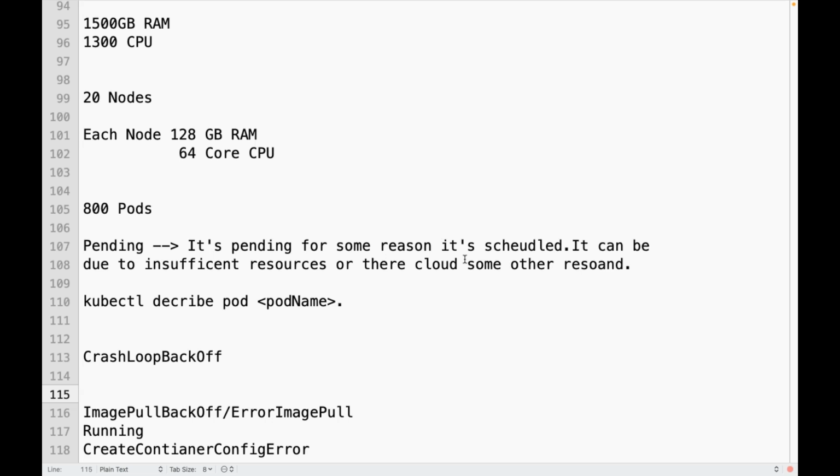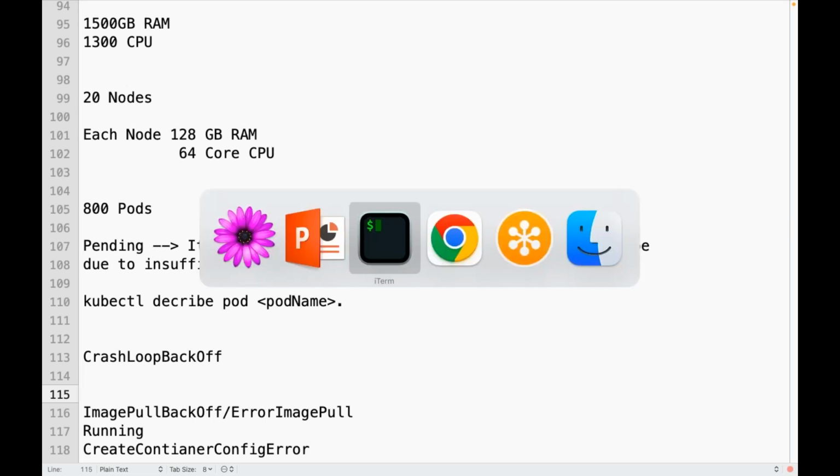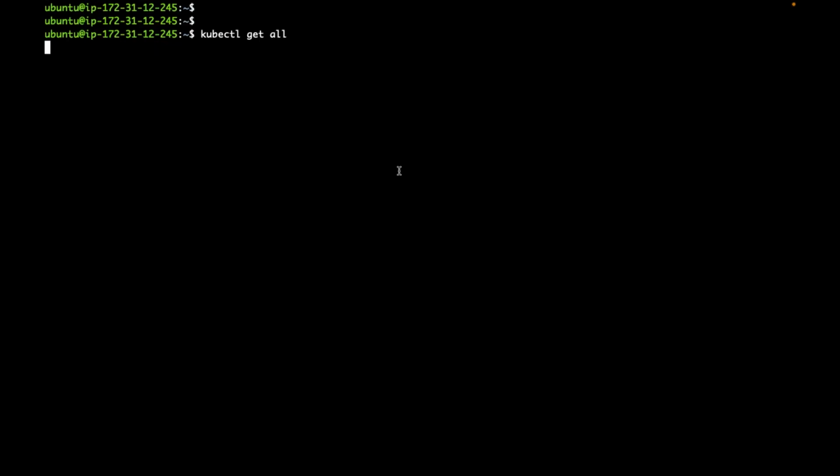It is trying to start the container, but the container is not coming up. There is some issue with your code or application in the image. Kubernetes will again try to start that container process in the pod. Yes, it is going to keep on trying, but your container process does not come up successfully because of some code issue or application issue. In that case, I can see that pod in crash loop back off.